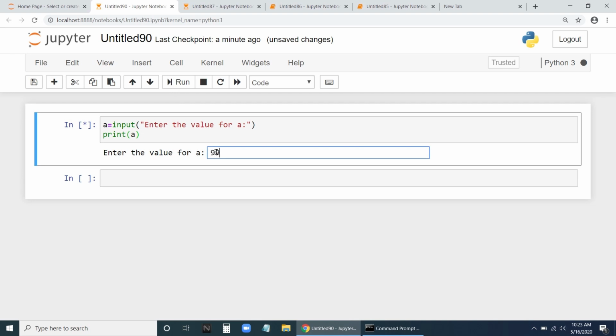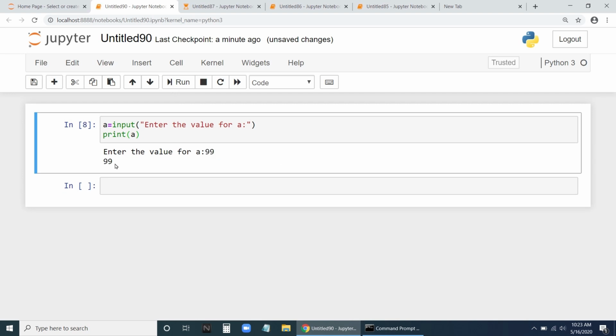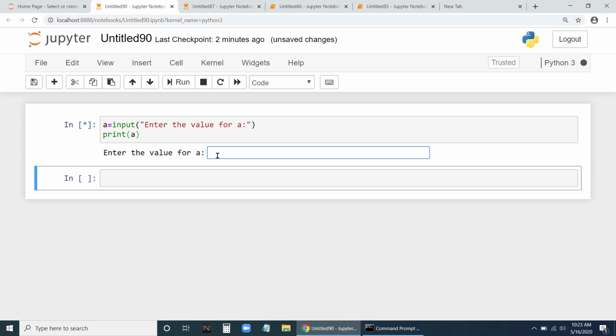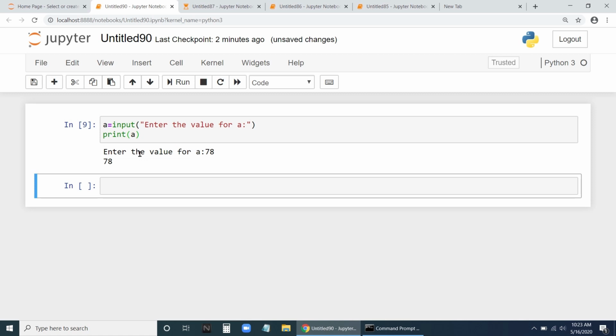Now let us say 99. If I enter, it will display 99. Again if I run it, let us say 78, I enter, and now it says 78. So this is an input function wherein it will accept the value from the user at runtime.